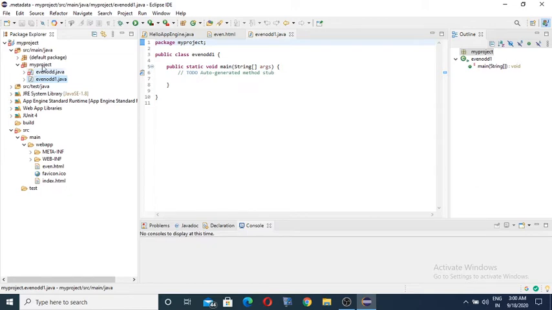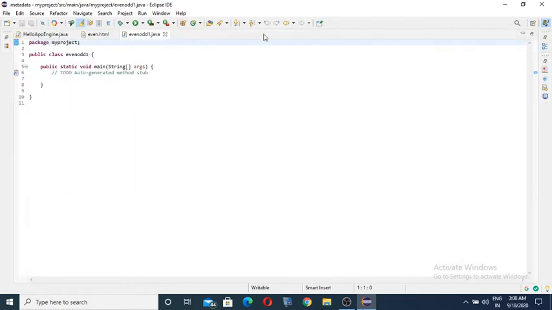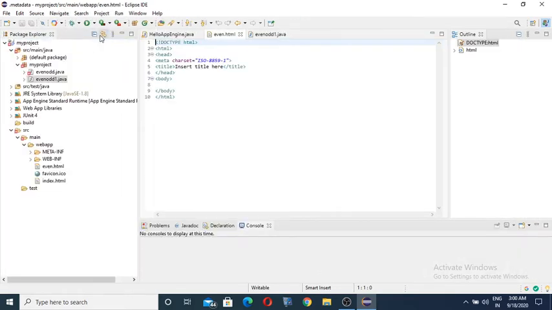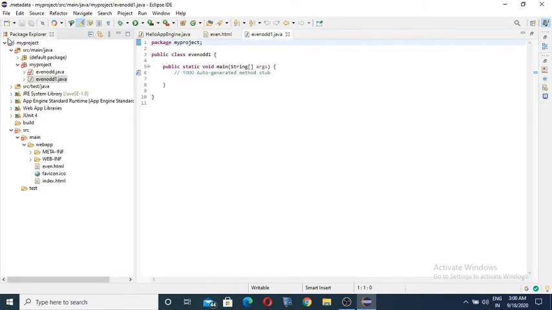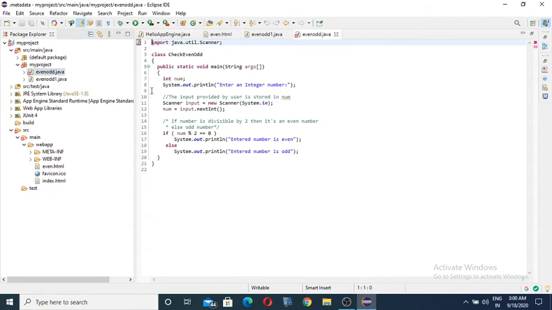First of all, you have to take that even odd one dot java program. This is an HTML program, this is the even odd one dot java program. We can see now. I can paste this, and the program in Notepad will appear like this.